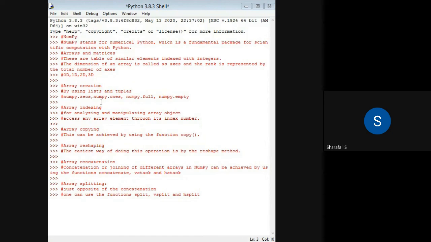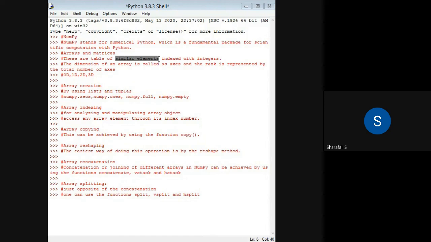So this is an important object in NumPy, which is a collection, or we can say a table of similar elements. The similarity of elements is very important, because when you consider an array, the elements in that array should be the same.